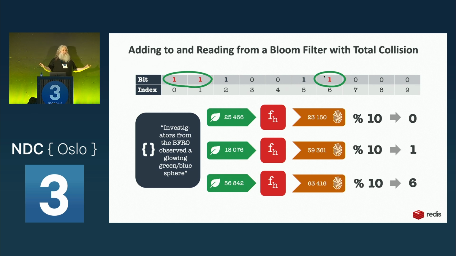This is why it's probabilistic, because the order you add things in kind of matters. And you can also see why, if you extrapolate this out a few more times, knowing how many things you want to put in your Bloom filter really, really matters. Because what will eventually happen is everything will be 1. You'll fill it up. And then it's like an American. It just always says yes.